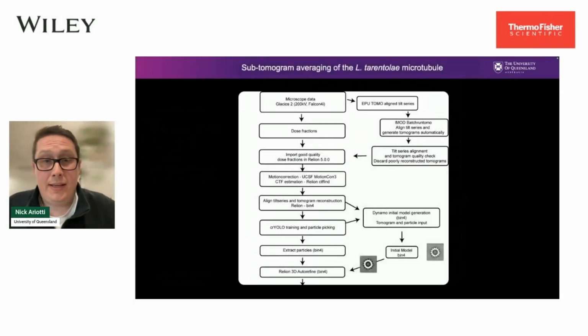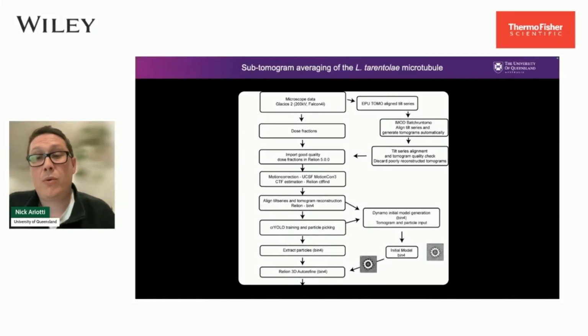This is a very brief introduction into our data processing pipeline. I won't spend much time on this. If you want more detail, I'm happy to answer questions afterward or via email. Basically, we're using a workflow where our Glacios acquires our tilt series, and then from there, we can screen for